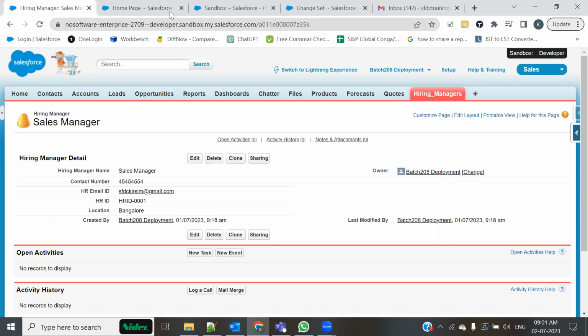ठीक है? So if you are refreshing a sandbox, you must always take a written concern with everybody who is using that sandbox, उसके बाद ही सैंडबॉक्स को रिफ्रेश करना, वरना नौकरी चली जाएगी।